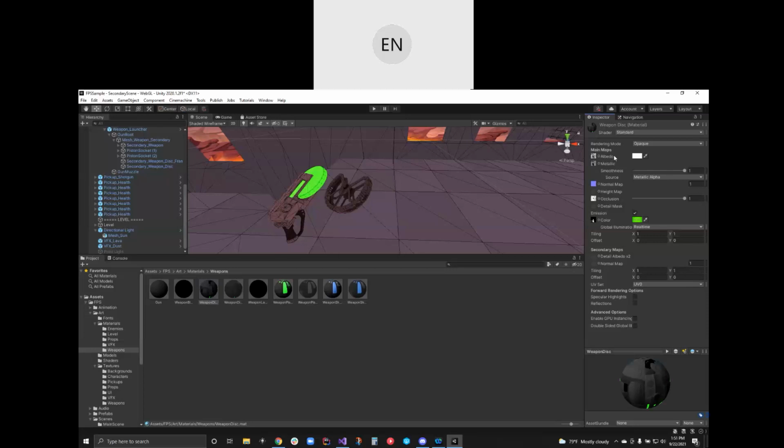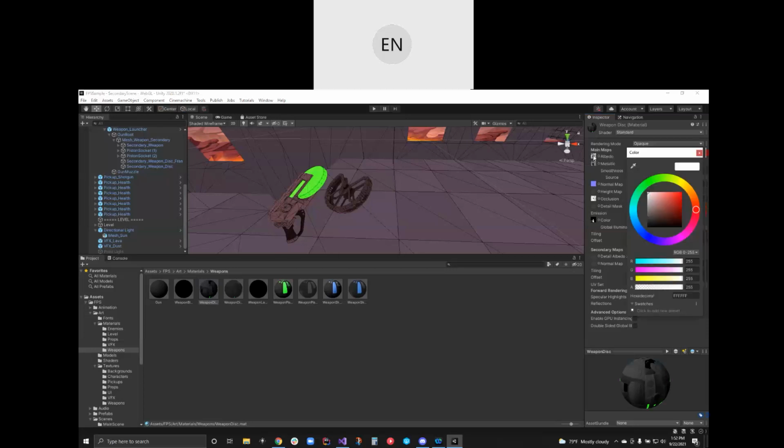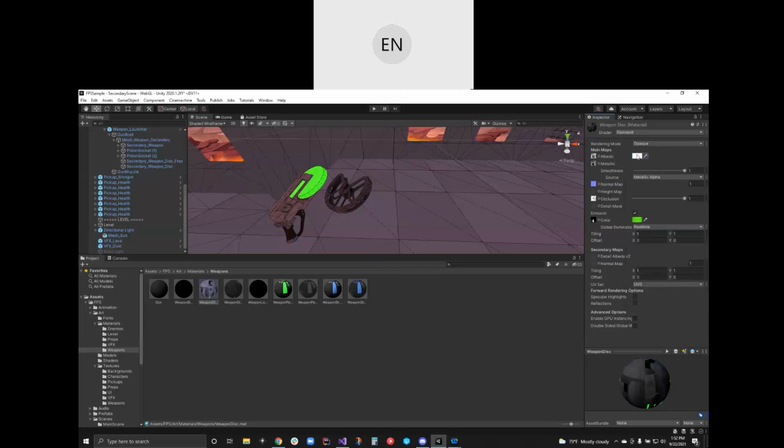So albedo means diffuse, or the color channel. There's a texture plugged in, but you could do a color overlaid on top of it if you chose to. It's just color information, like a light source on top of the actual texture information. Usually, if there's a texture plugged in, it's white. Render mode opaque. There are no transparent parts. Transparency is expensive.